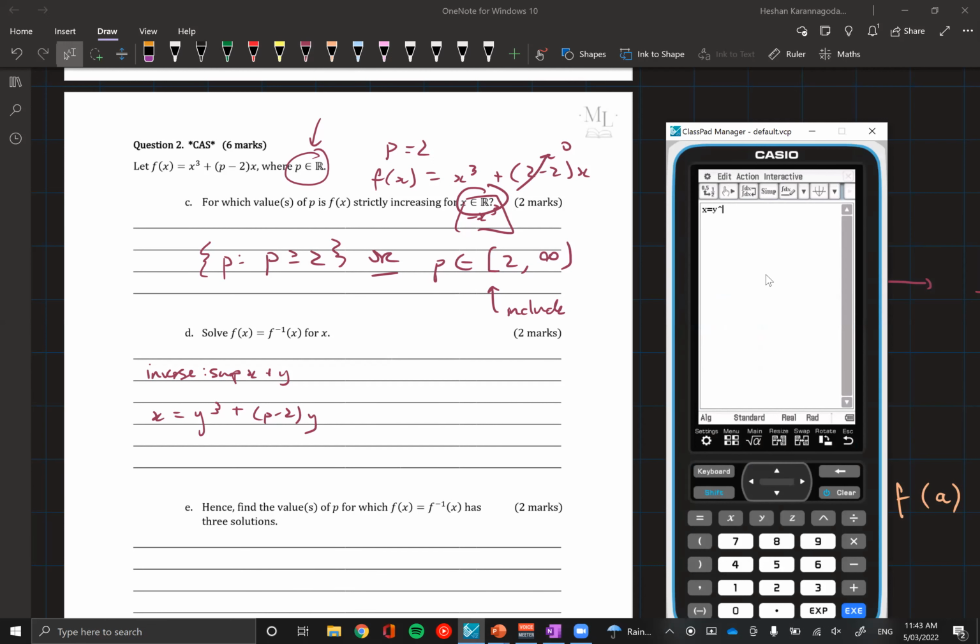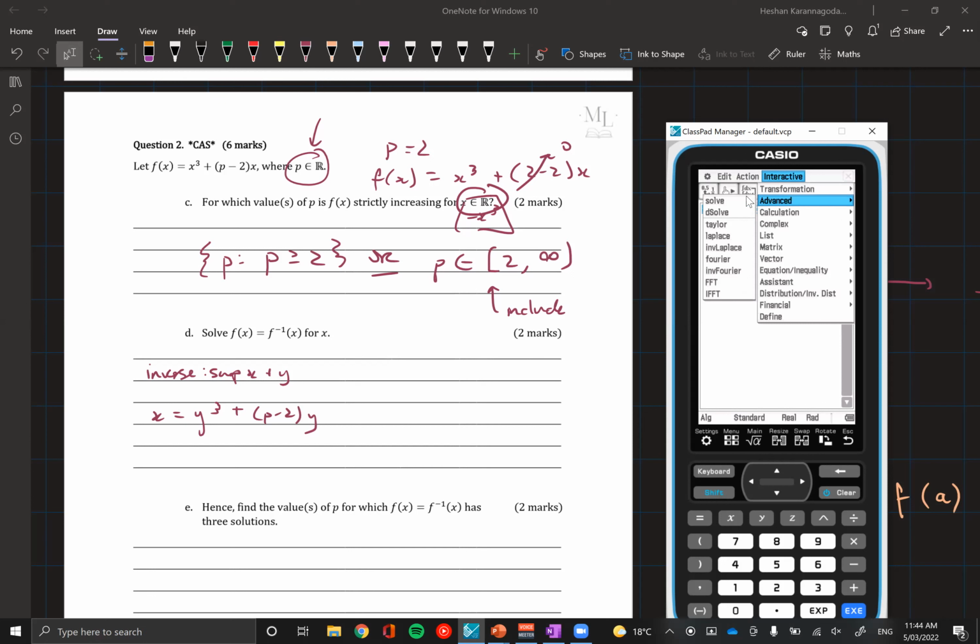Heshan, can you see the calculator? Yes. P minus 2 of y. Now, a note before continuing this question, when we do dynamic graphing, like you saw in part A, the variable P will actually save in variable manager. So click the cog at the top, go to variable manager, go to main, and then get rid of P because P is actually saved as 4. And that was the last value we graphed for. So delete that because that would actually affect our equation. So now P is just a variable, it doesn't have a value associated with it. So now our calculations won't get messed up when we're solving for y.